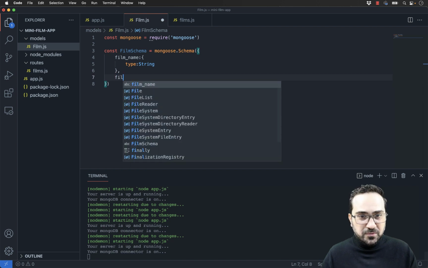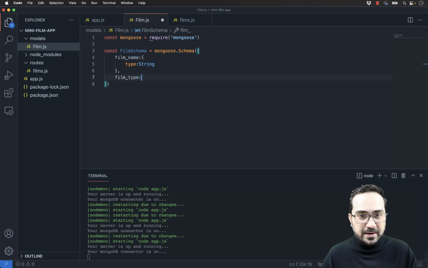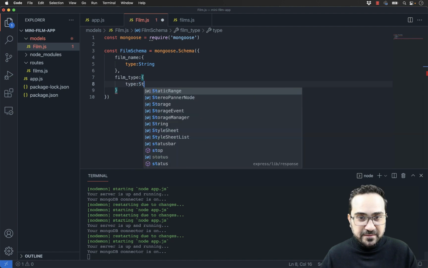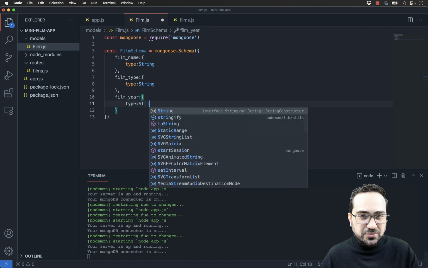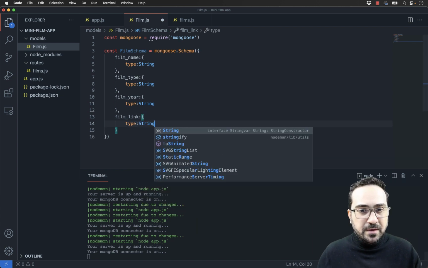All right. The second one is film, if I remember correctly, film type. That's again the representation of my schema. I just create how the schema should be in my database. I have to do the same exactly as it is in my database. So film name, film type, film year, film link. Okay, film year. I can easily copy paste now from the above all this because everything is a string. It should be okay. Film link, all right? So film link, that's a string.